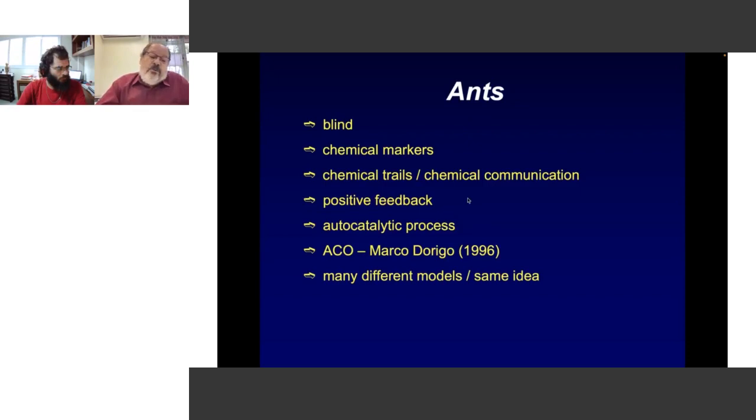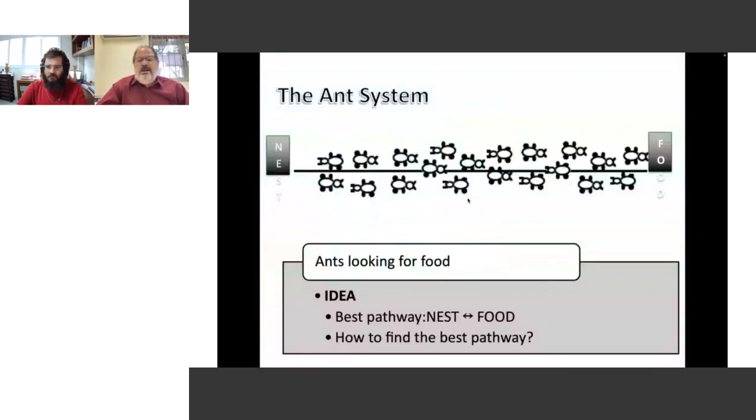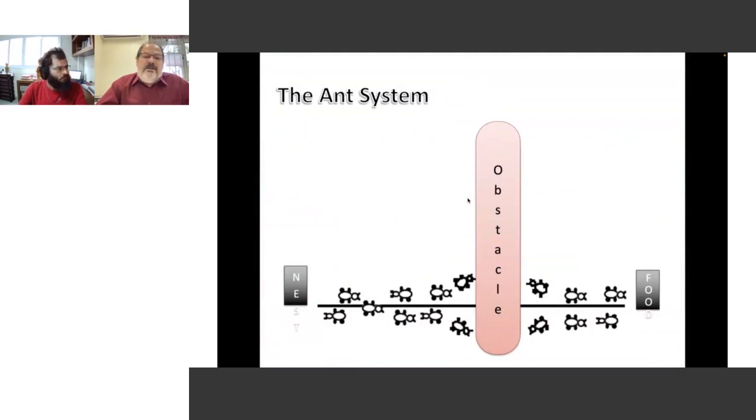So people from computer science developed this code that's called ants, because it's bio-inspired by real ants. Marco Dorigo was one of the pioneers, but there are many different models. We have our own models. They are different models, but based on the same idea. We are trying to mimic on the computer what makes ants good problem solvers. And the secret is like this.